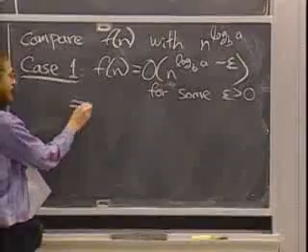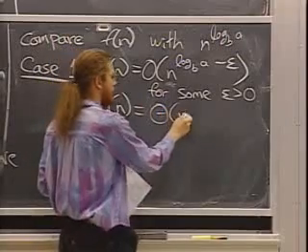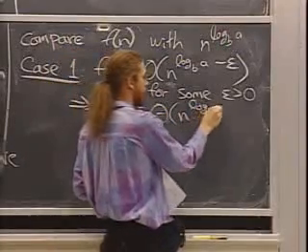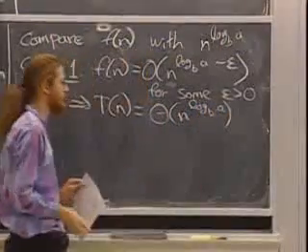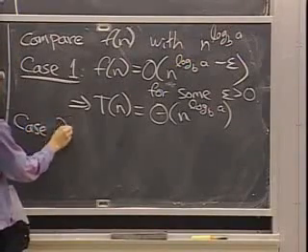OK, but the answer then is really simple. T of n is theta n to the log base b of a. Great. That's case 1. Case 2